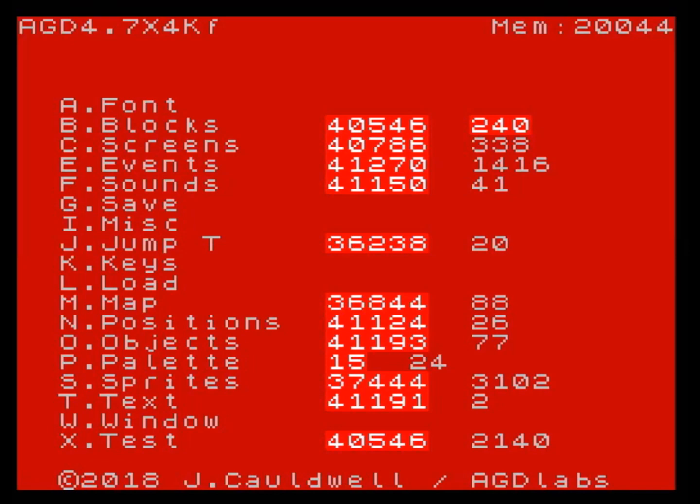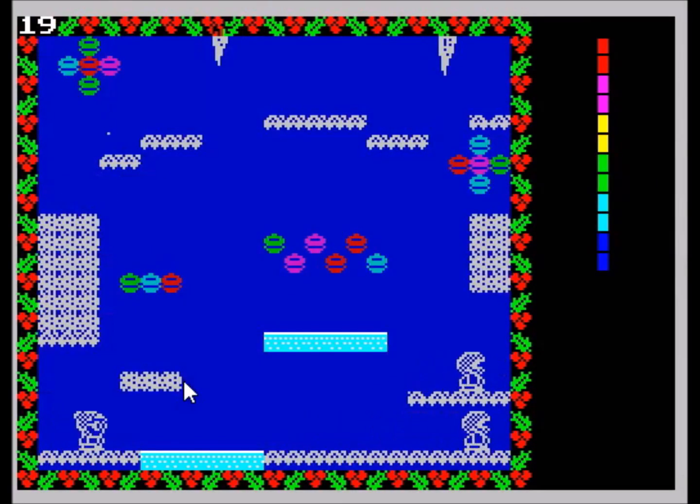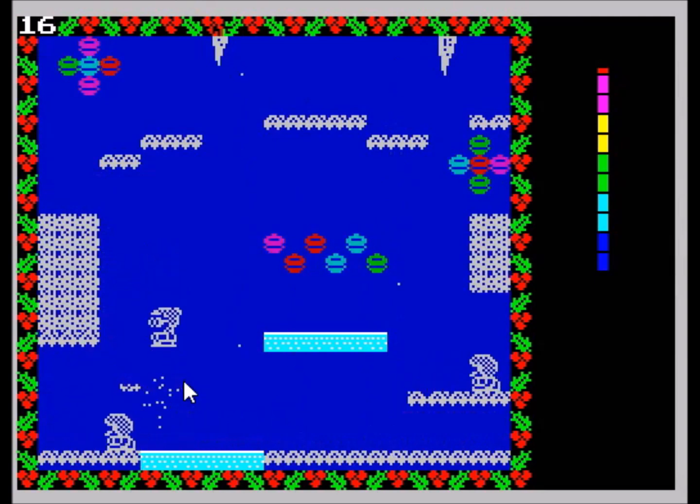This is for people who don't know much about AGD or AGDX. We're going to show you how you can actually create a level. Once you get in touch, we'll send you the file. You should set it up as a Spectrum 128K and load the snapshot. If you press X, you can immediately see that you have a screen here which is up and running